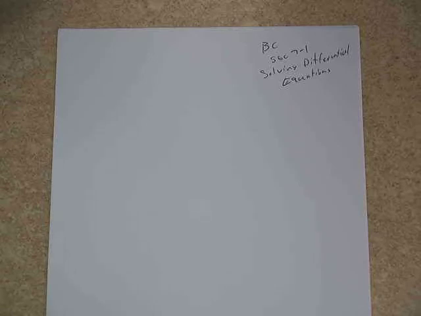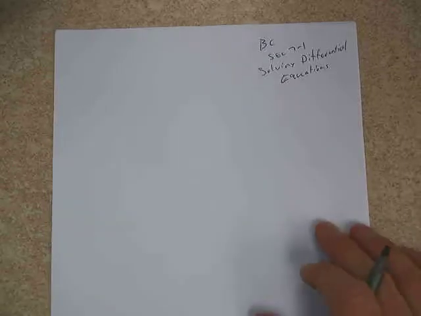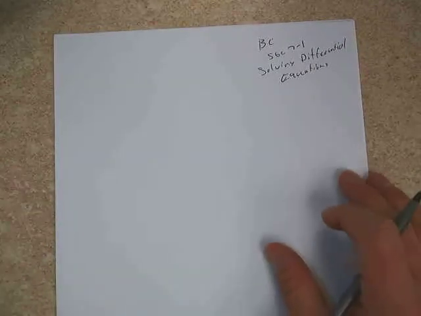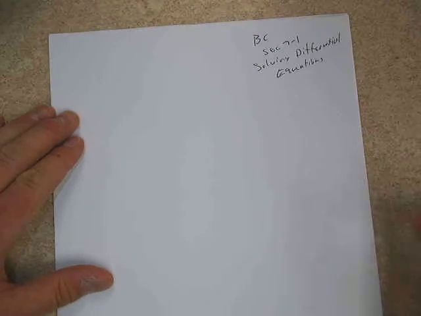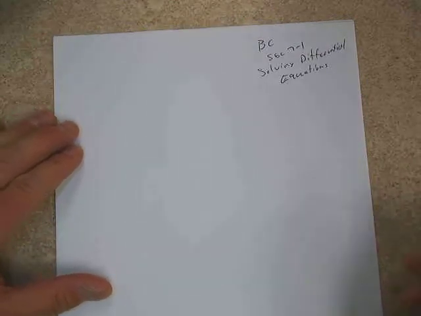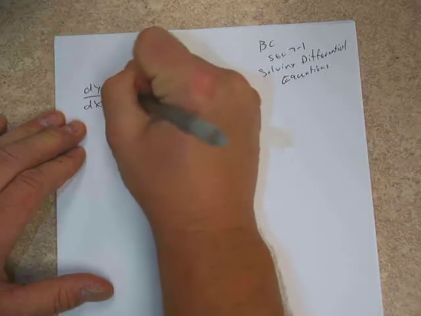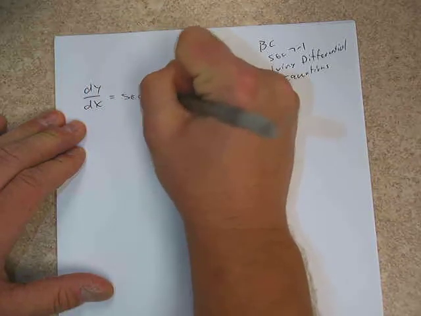So what it boils down to, though, is sometimes in life the information that we collect data-wise is in the form of a rate. Instead of data points, we're in the form of a rate. And sometimes it leads us to what we call a differential equation, which is ultimately just an equation that involves a derivative. Okay. So for instance, if I were given a differential equation like, say, dy/dx equals, say, secant